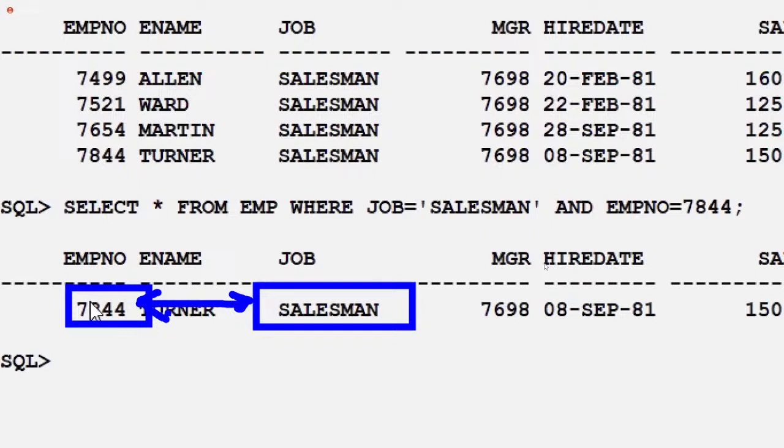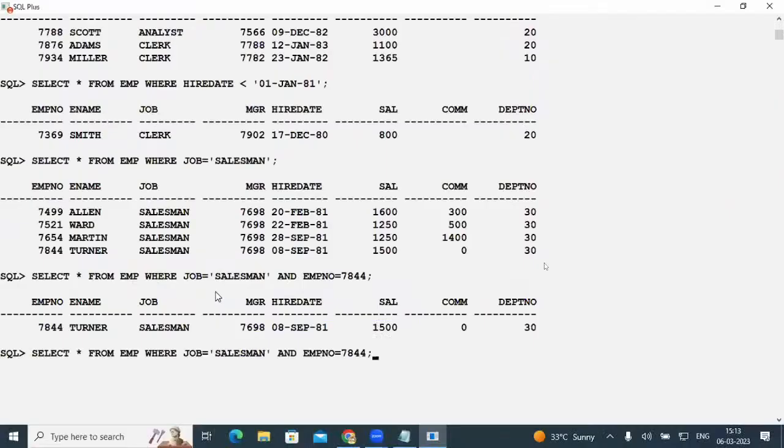When your data is in the same row, use an AND operator. This is a small hint, just remember. Your data is in the same row, AND; your data is in different rows, OR. For example, you can see in this example only, if I'm using the OR operator,